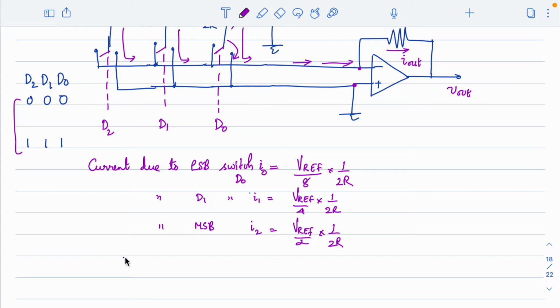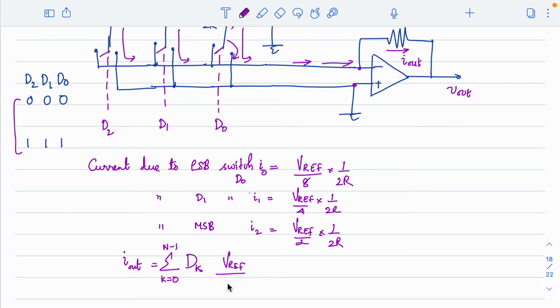So if I generalize this expression, I can write I output as depending on the digital input data. I'll just take the digital input data, and that data value can vary. Say for example it is K, and K varies from 0 to n minus 1. For an n-bit DAC, we put the digital input data from D0 to D(n-1). For a 3-bit DAC, D0 to D2. So for an n-bit DAC, K will vary from 0 to n minus 1, and what we have here is the reference voltage